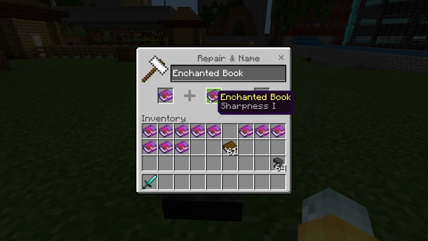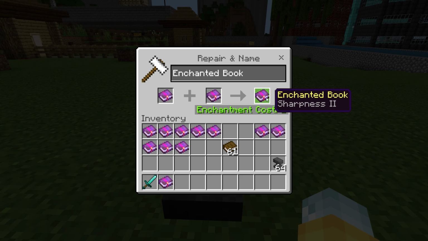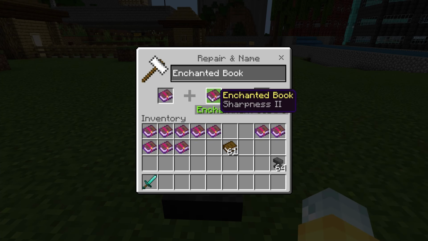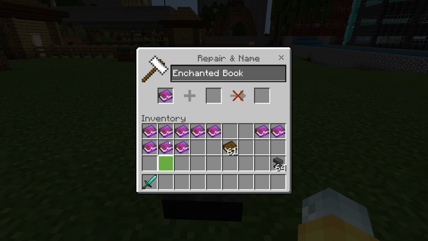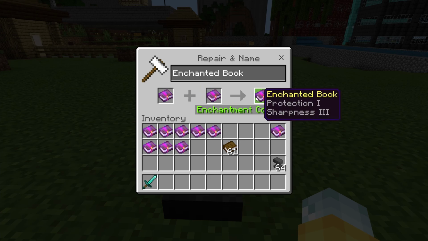The reason why is because you have to have at least the same level book with itself to go to the next level. So a level 2 and a level 2 make a level 3, a level 3 and a level 3 make a level 4, and so forth and so on. Now, you can also combine different enchantments such as sharpness and protection, and it will make a completely different book,